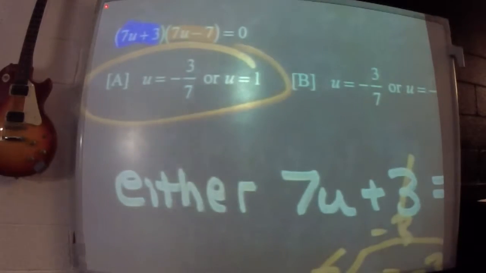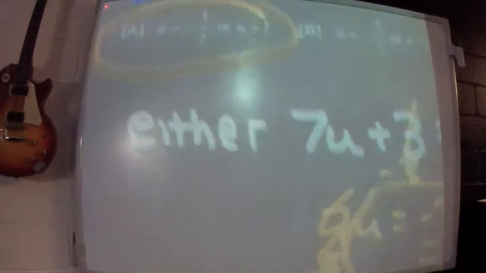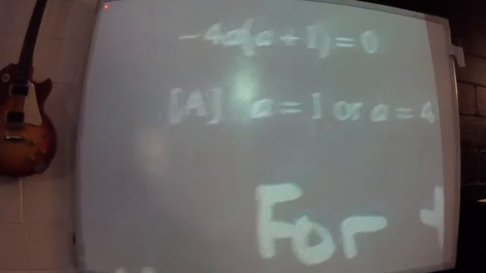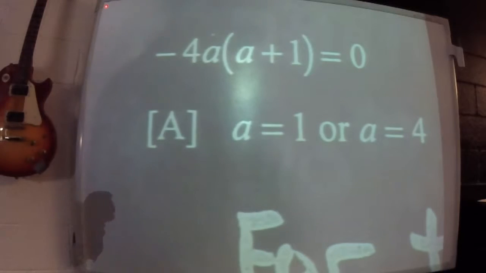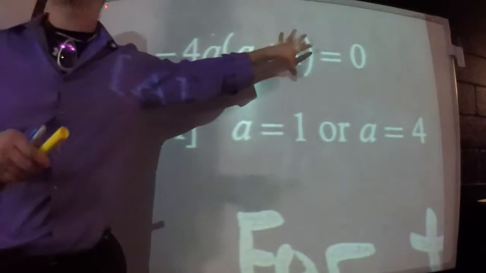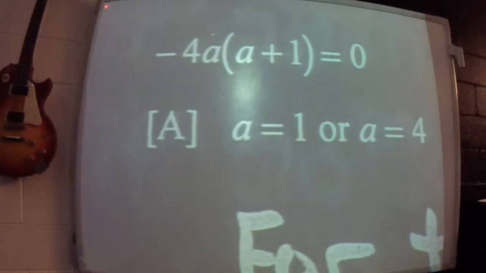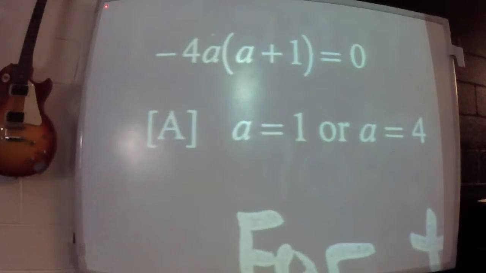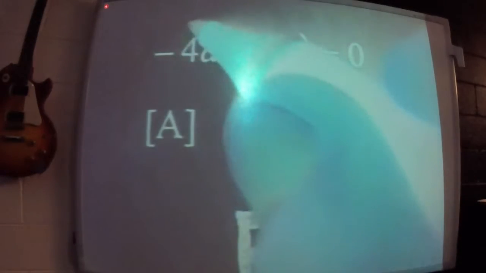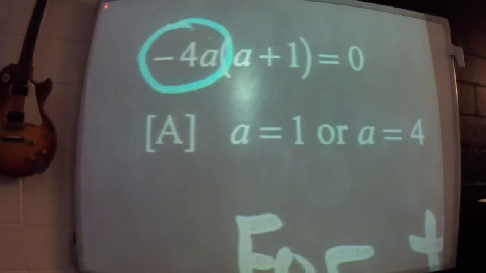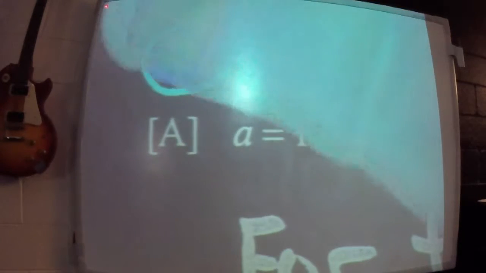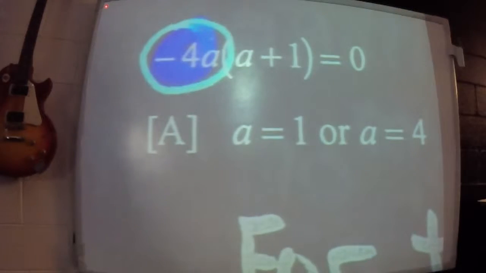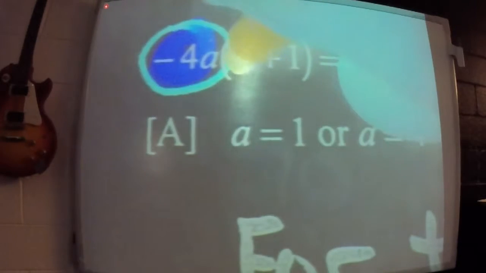Now watch what happens on the next one. You're not multiplying two binomials. Here's the difference. It looks like this. Regardless of the fact that you're not multiplying two binomials, you're still multiplying two things. This thing times this thing. Just the first one's not a binomial. And if it's not a binomial, any guess what it actually is? A monomial. It's one piece. So you're multiplying a monomial, which is the one piece, times the binomial, which is two